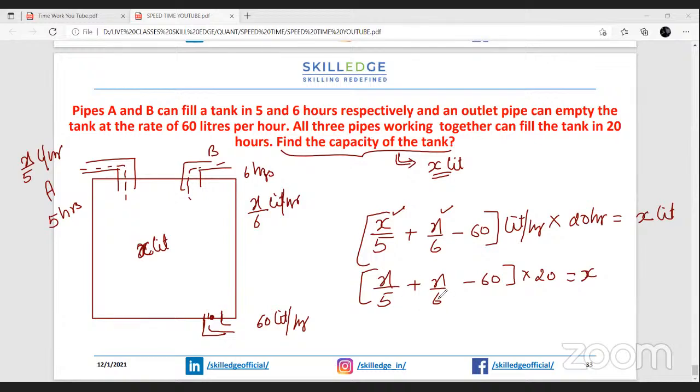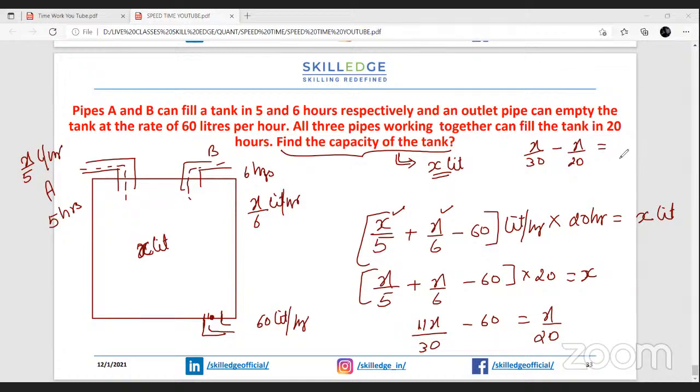तो यहाँ तो LCM मल्टीप्लिकेशन हो जाएगा डायरेक्टली, तो 6x plus 5x is gonna be 11x divided by 6 is 30 minus 60 is equal to 20, नीचे ले लेते हैं हम x by 20, ठीक है। अभी 60 को राइट में लेके x by 20 को लेफ्ट में ले लेंगे, है ना। तो यहाँ ऊपर लिख देता हूँ मैं गाइस, x by 30 minus x by 20